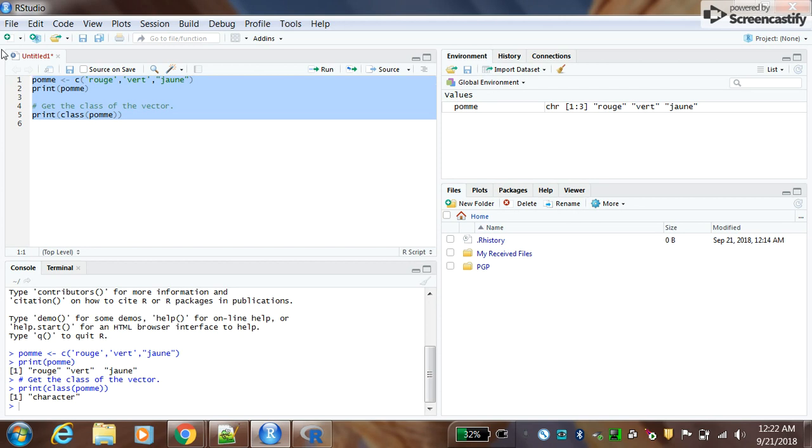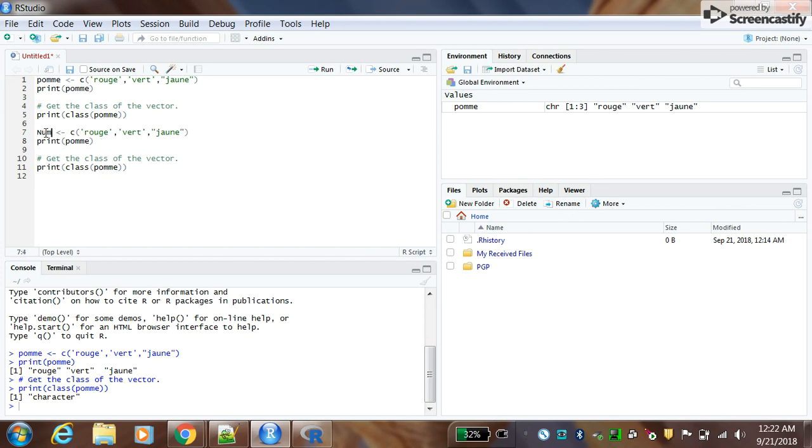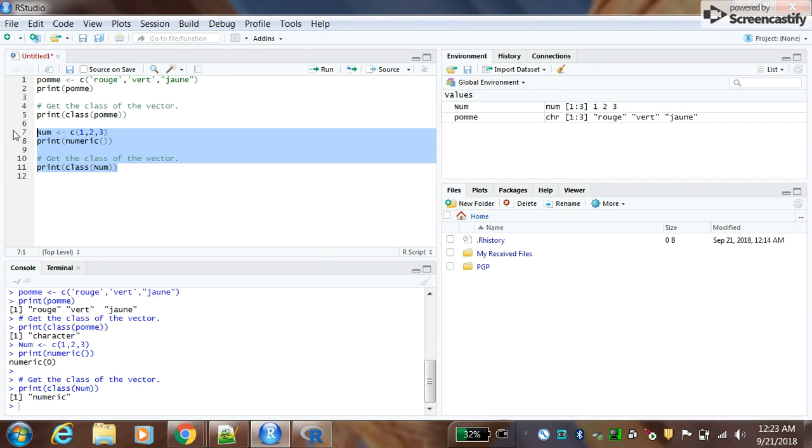Similarly, if I take another example and insert some numbers over here and select all this and do Ctrl Enter, it will do a mass insert and you can see the class of num is numeric. I hope you understood about vectors. Now moving on to the next type,